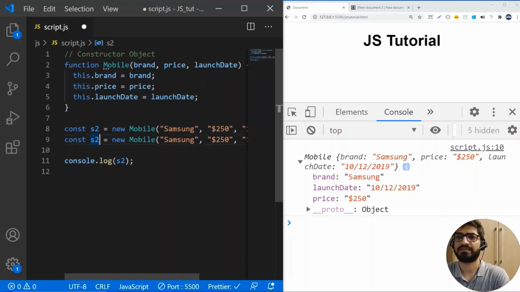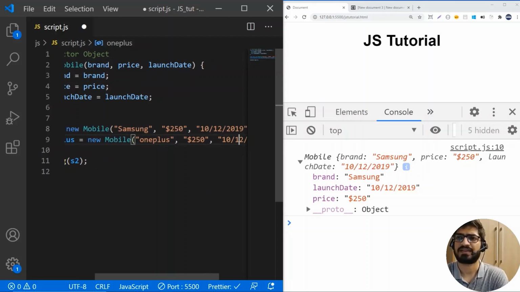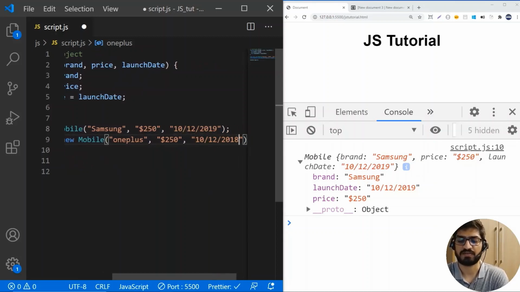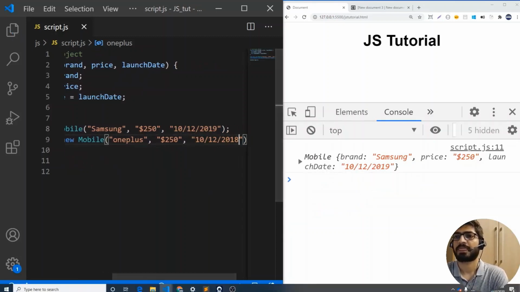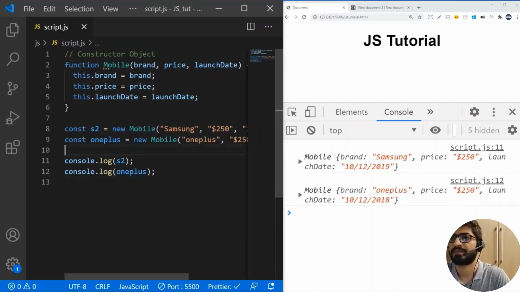So you can create multiple. You can have OnePlus, and I can have here OnePlus. I can change the price to 350, and say it was launched in 2018. So in this way you can create as many objects as you want. And let me add here OnePlus. All right, so now I want to show you one thing, that whenever you create an object,